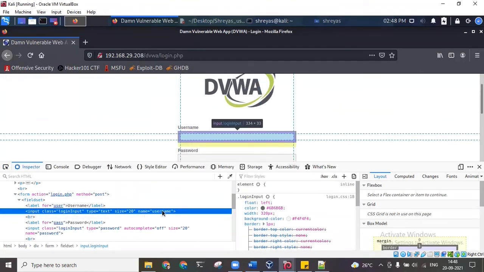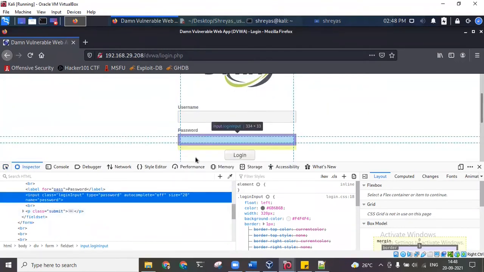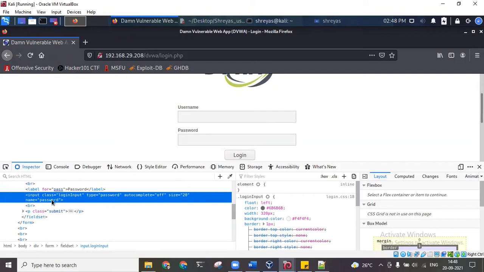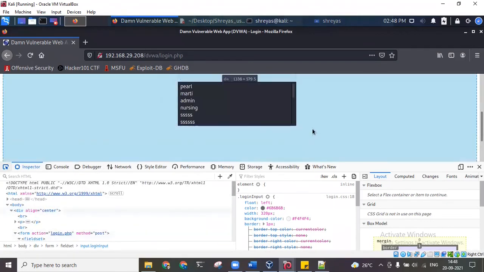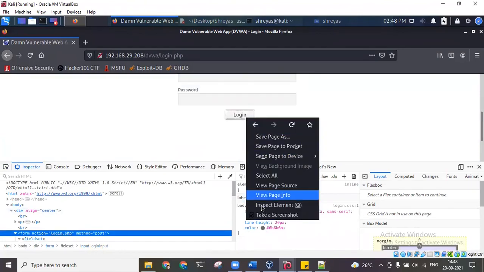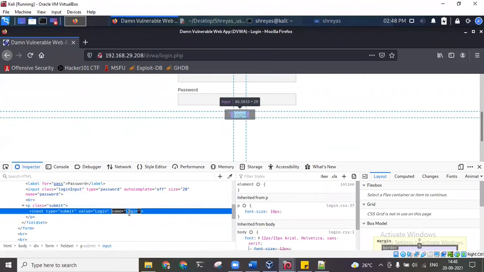The name is username, followed by password, followed by login. The action will be submit.